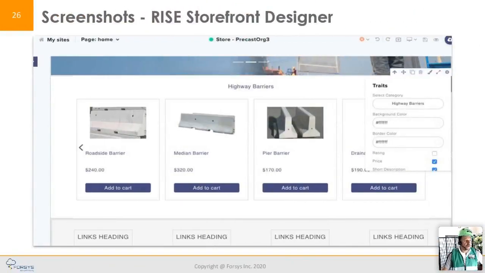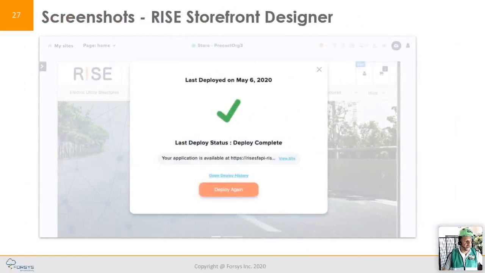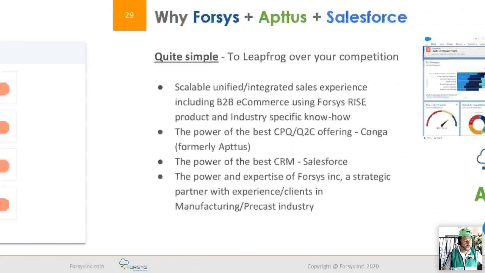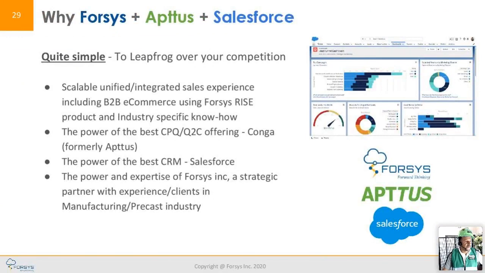Now, in the interest of time, I'm going to lead into what I think the benefits are that we're talking about. It's really all about leapfrogging your business. As you look at where you are today, ask yourself the question: what is it that your company needs to do to really scale your business and move into a shopping experience, while retaining your customers, reducing your costs and capturing market, while your competition is not? This is an opportunity post-COVID and the new norm to change the game, guys. So look at this in that context.